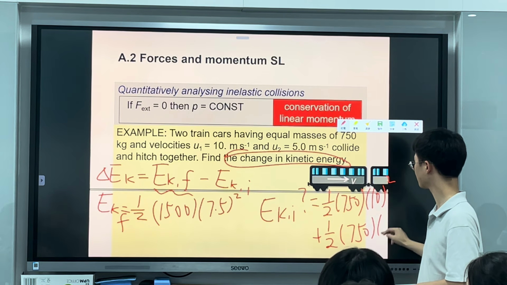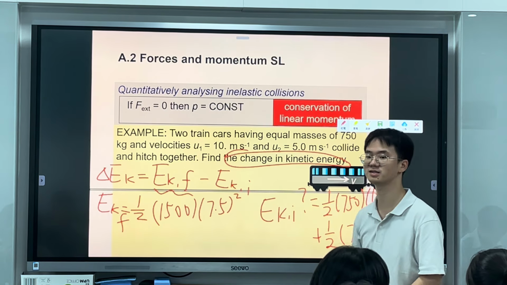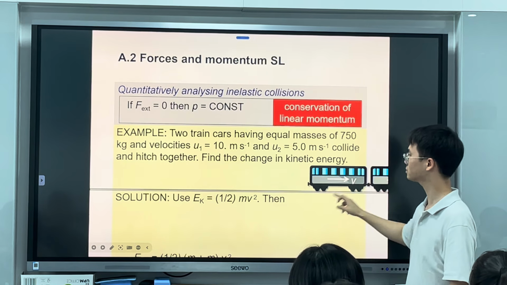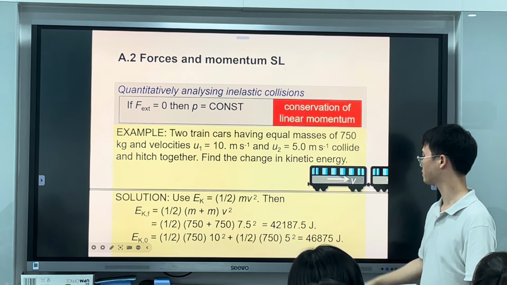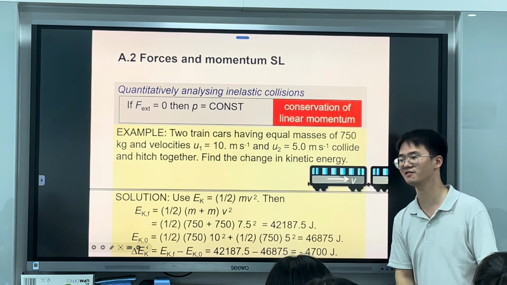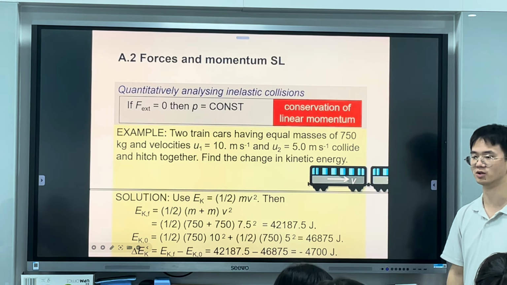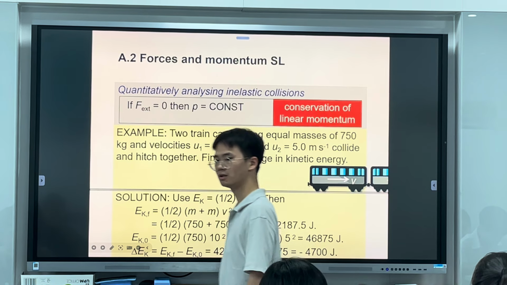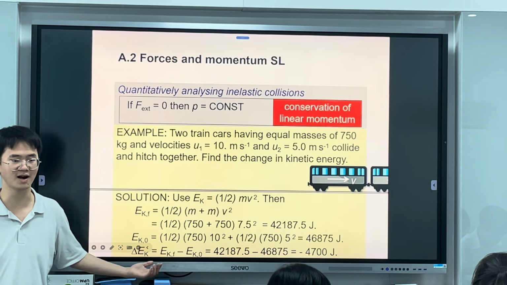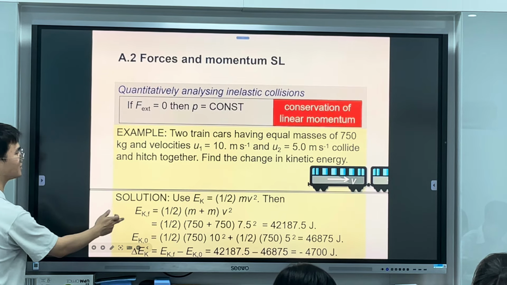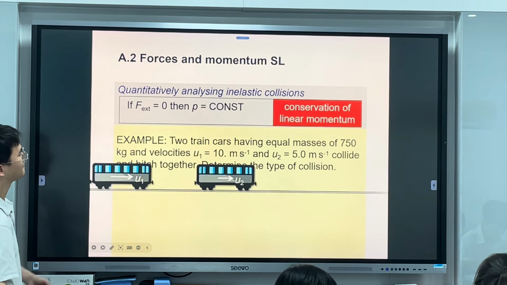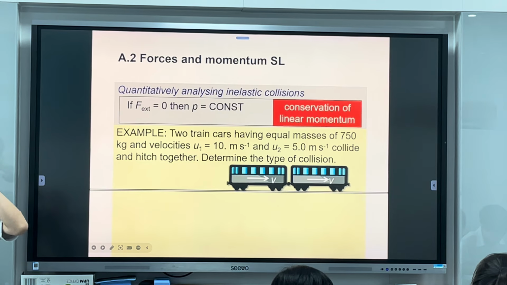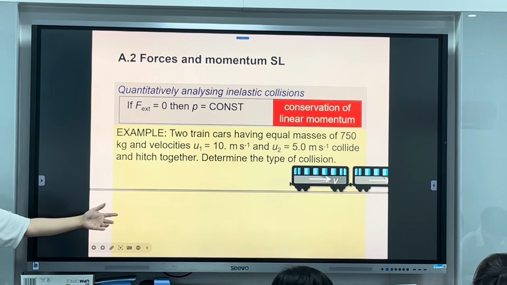Exactly. And then you subtract them to find the change, which gives negative 4,700 joules. So there is energy lost. Kinetic energy is lost. Now, determine the type of collision. There's energy loss, so it must be